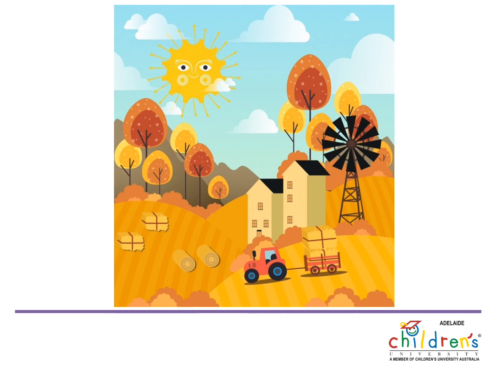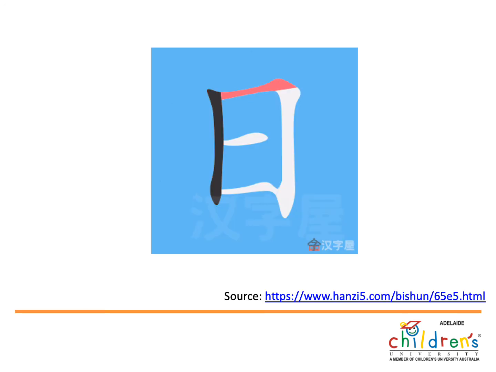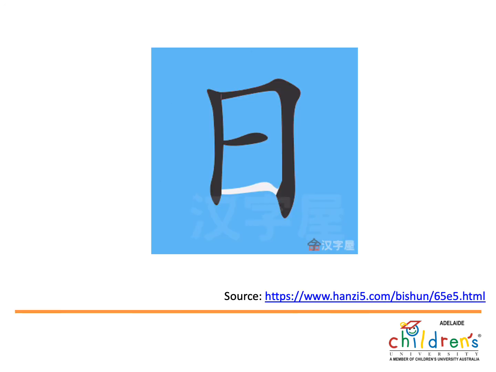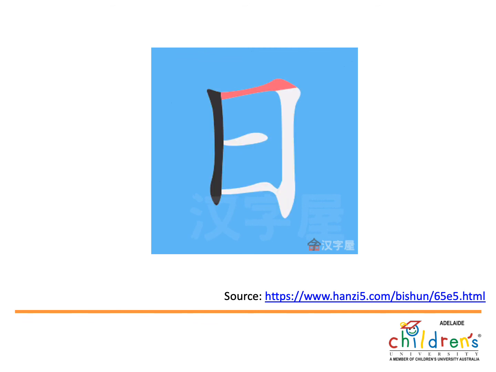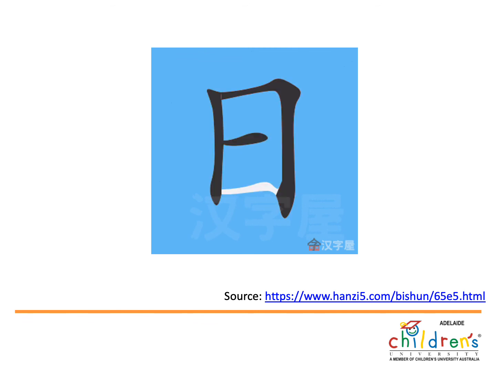So just to remind you what we learned today, it's about the sun. It's called re, and it's written in 4 steps. You can practice it,